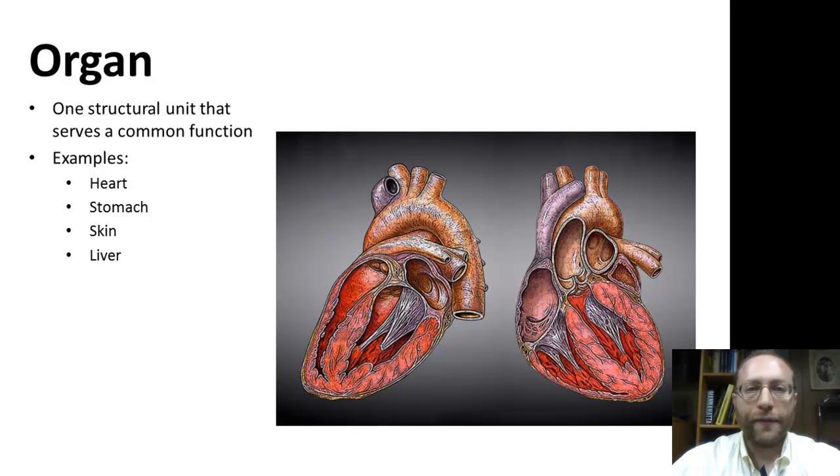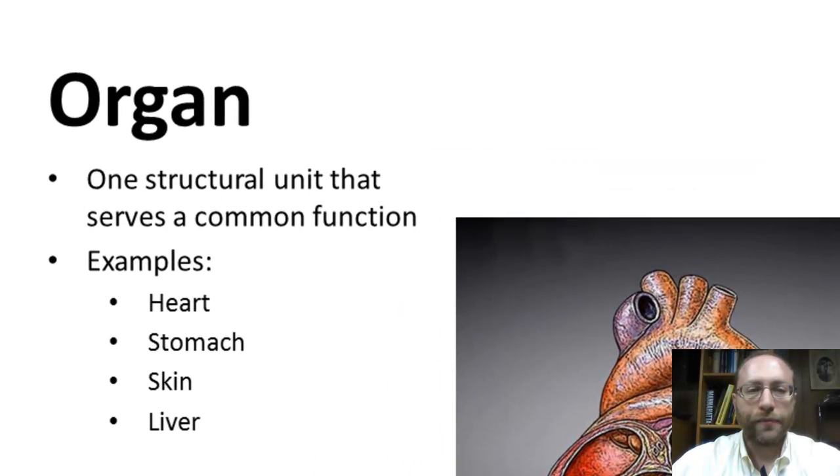Below that, we have organs, and the organ systems are made of organs. And one that's found in the circulatory system that we saw before is the heart. And here you see 2 diagrams of the heart, and you see it opened up so you can see the chambers that are used to both collect and pump the blood throughout the body.